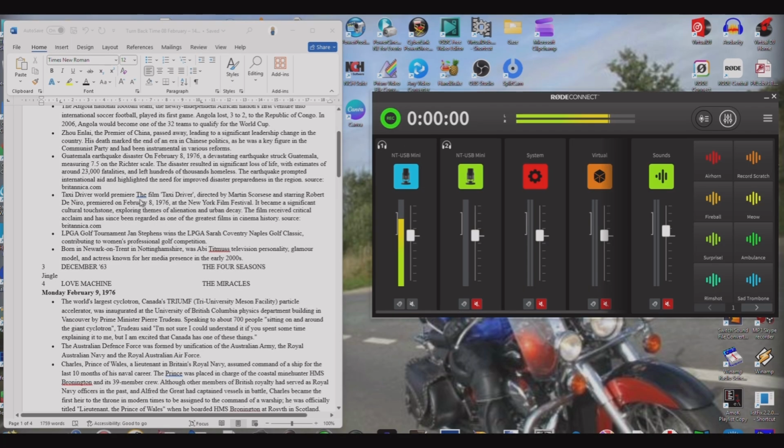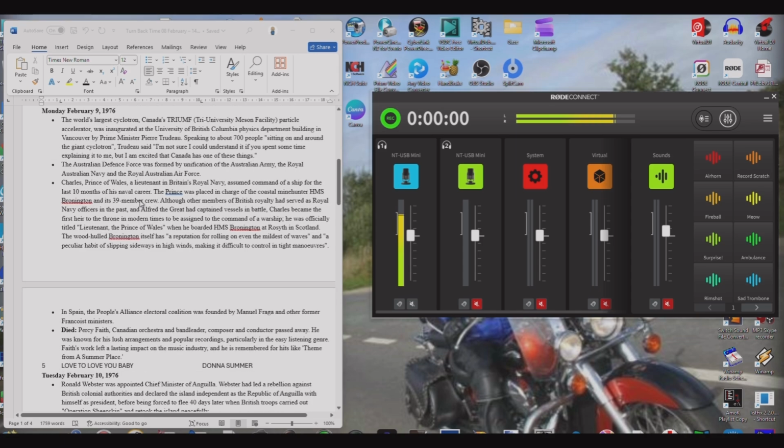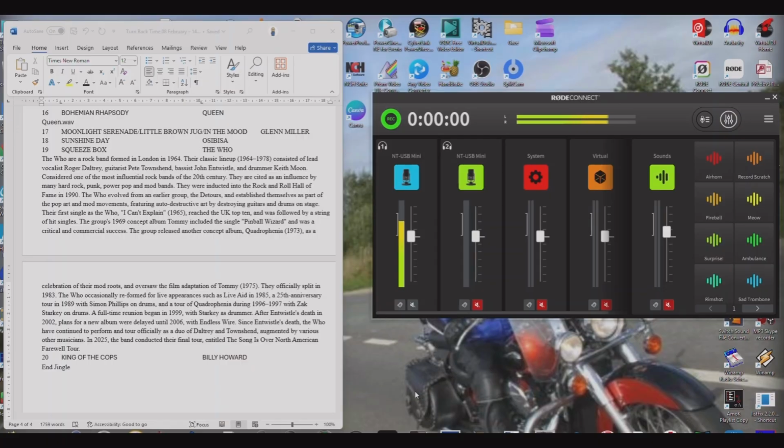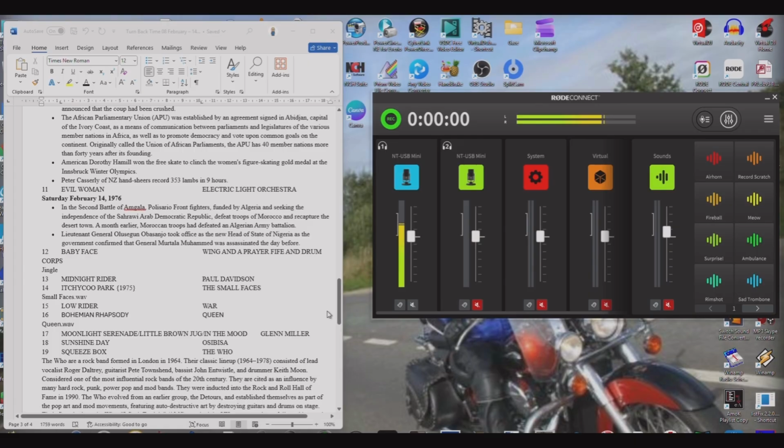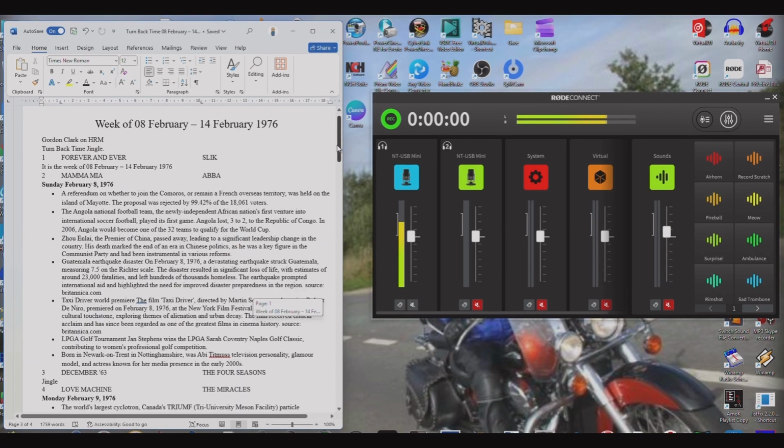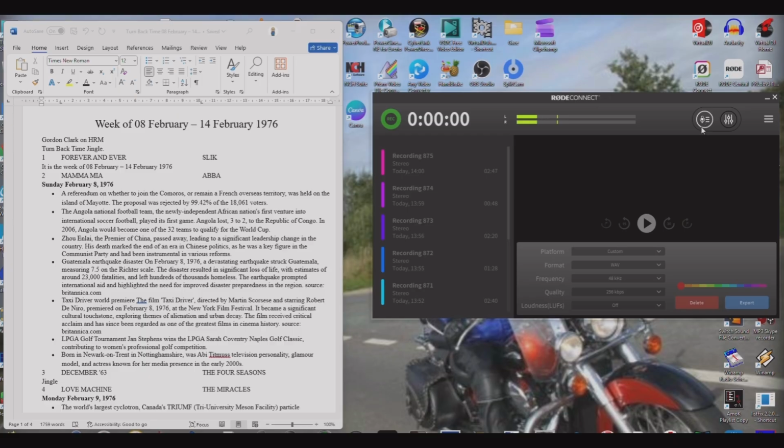I then go through the rest of these in order, recording them and stopping on each one so I get separate files. And I'll get on with that and I'll show you what comes next. Now I've got all the tracks recorded. What I can do, if I just go back up here, first of all, then over here I click on this symbol with the microphone, and this shows me all the files. So there is all the files,